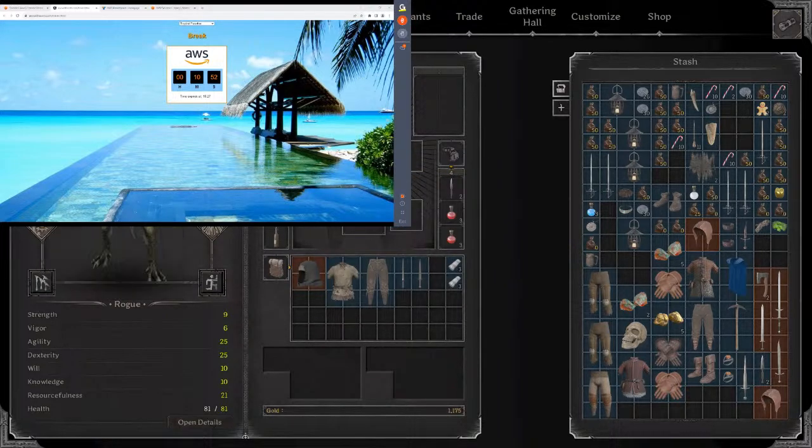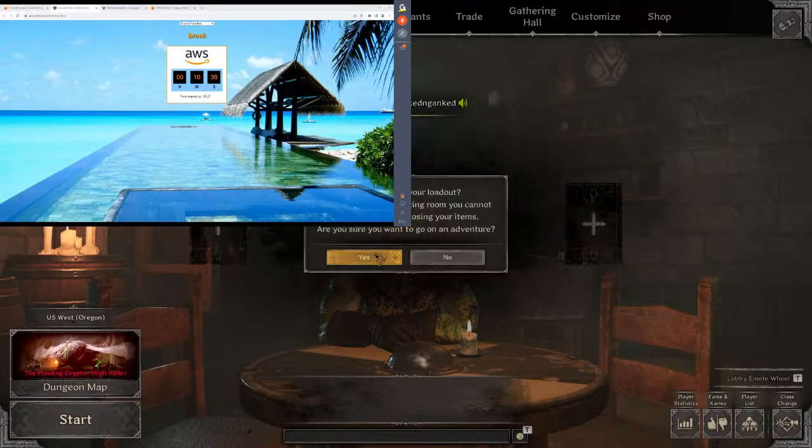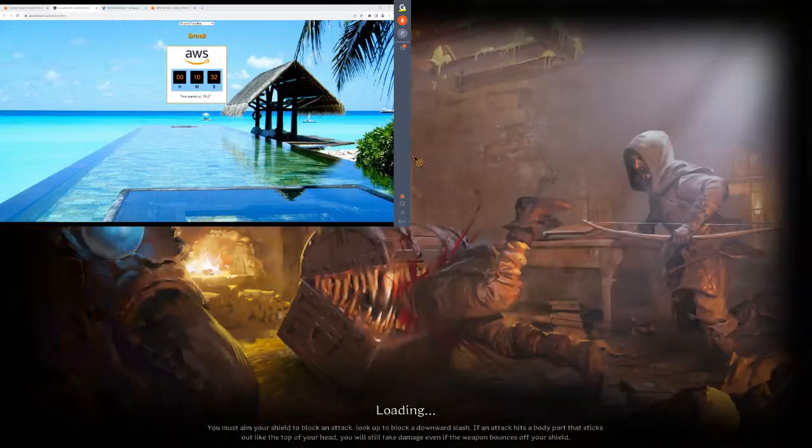I'm testing this double jump thing. I'm not a huge fan so far, but I also don't know the jump routes. That's all we need. I think this should be all we need. Yeah. Okay, and I do have headshot reduction now, so hopefully I won't get literally one shot by skeletons. Anyway,